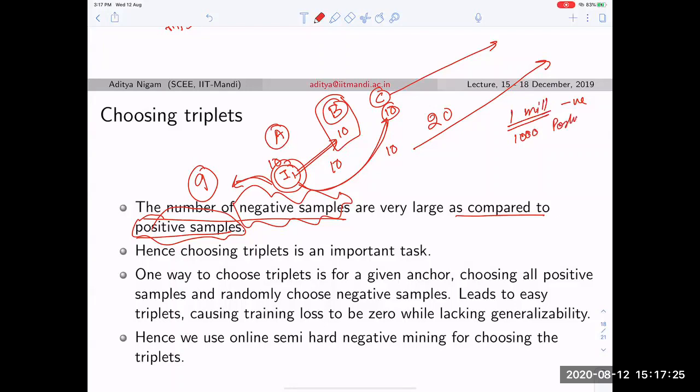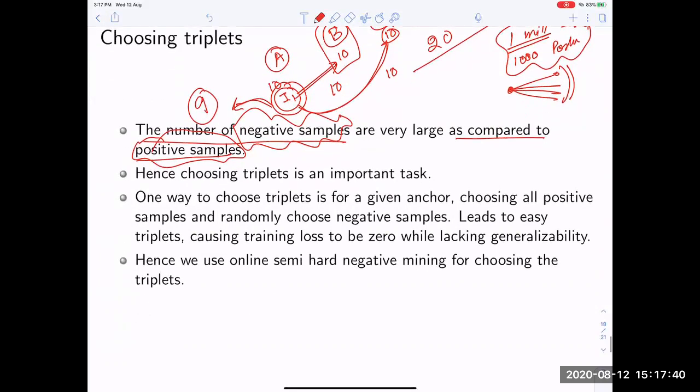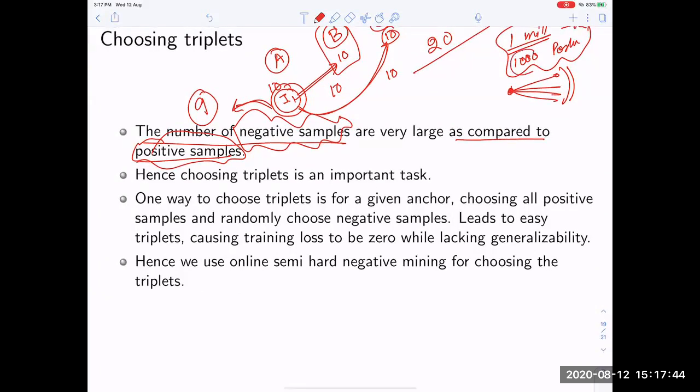How can you train? Because for every positive, you can take so many things, but how to choose the best possible way to come up with the best possible triplet sets. So one way is that you can easily do that. You take this one positive, and out of this 1 million you choose randomly certain 1000 or 5000 or 200 or whatever the number of pairs that you wanted to make.